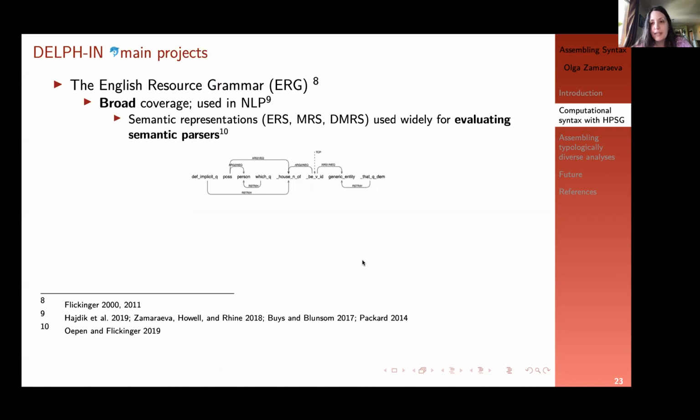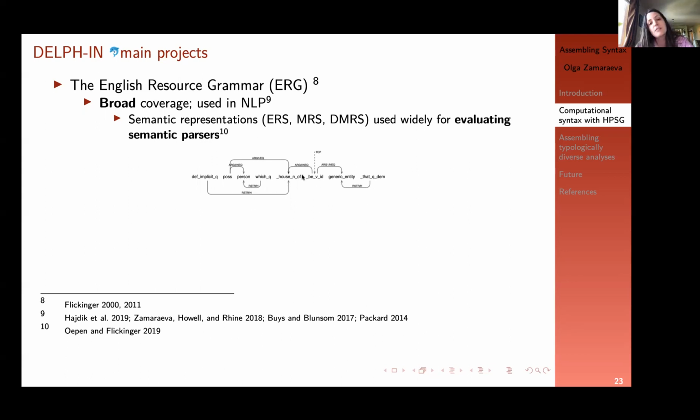I'm going to briefly introduce a few main projects produced by the Delphin community. The most famous one probably, and certainly the biggest one, is the English Resource Grammar, or the ERG. It is a broad coverage grammar of English, which is used occasionally in NLP, and it is used all the time for evaluating semantic parsers, because the beauty of the ERG is that it can produce semantic representations